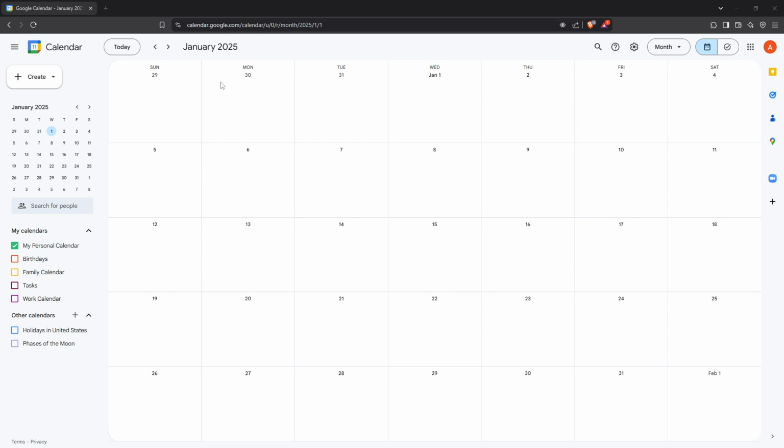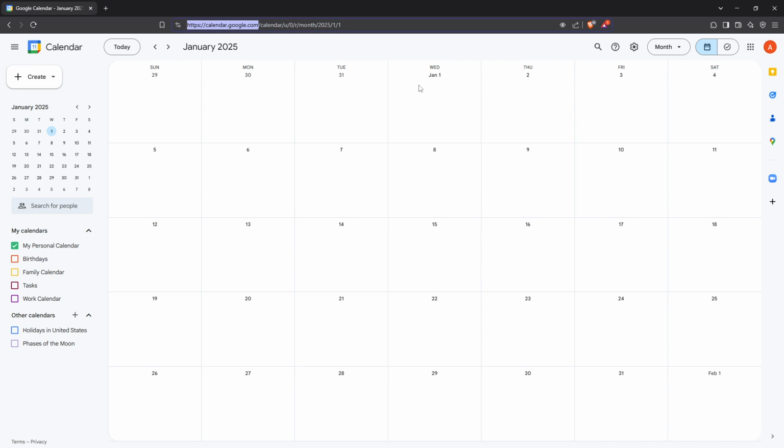First, you'll want to open Google Calendar. You can do this by navigating to calendar.google.com in your browser. Once you've got Google Calendar open, you'll see the familiar layout with your events and appointments. What we're going to do next is add a little more excitement to your calendar by incorporating your NFL team's